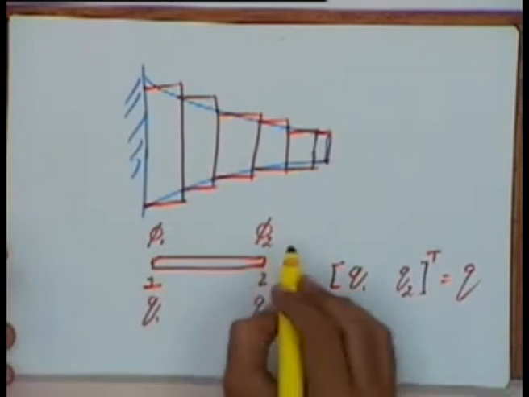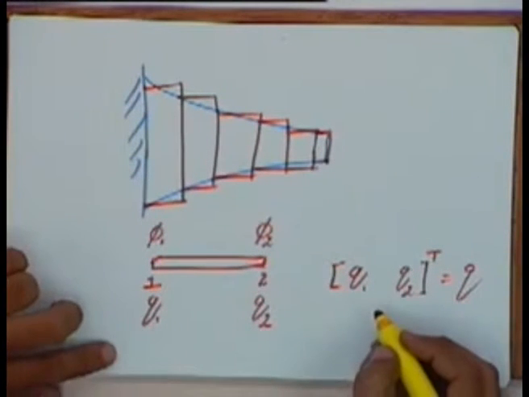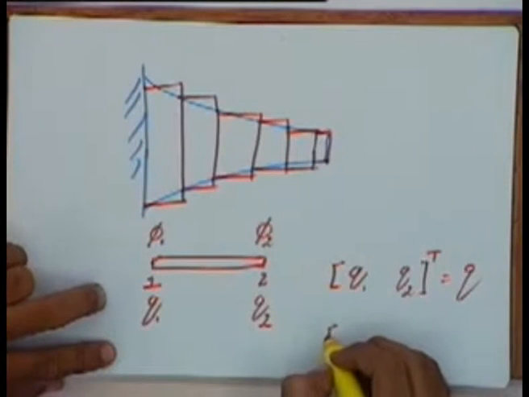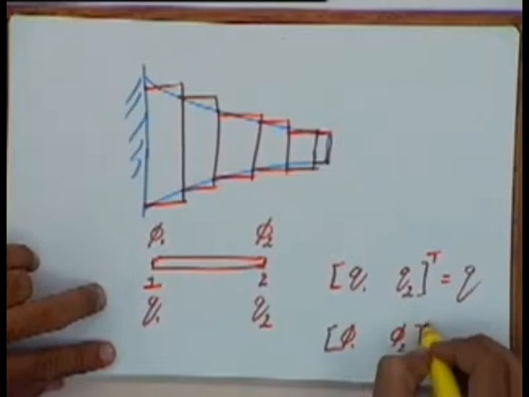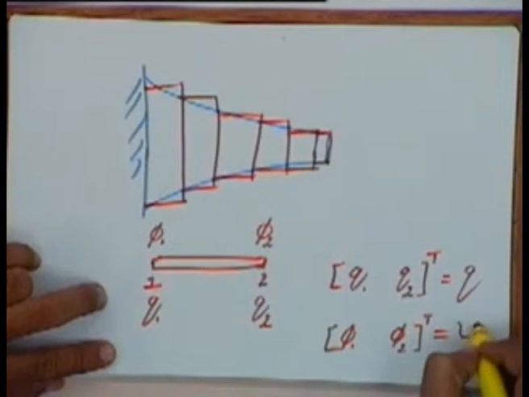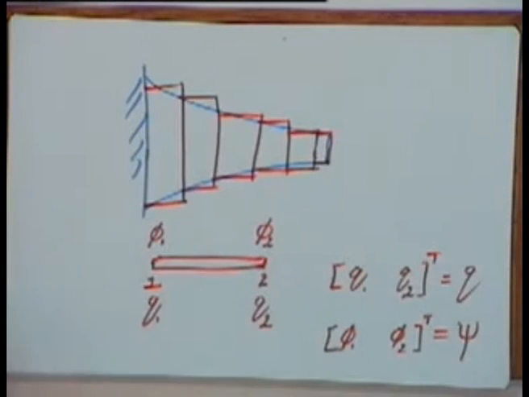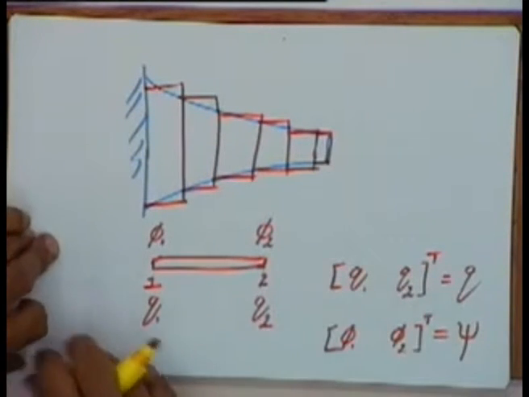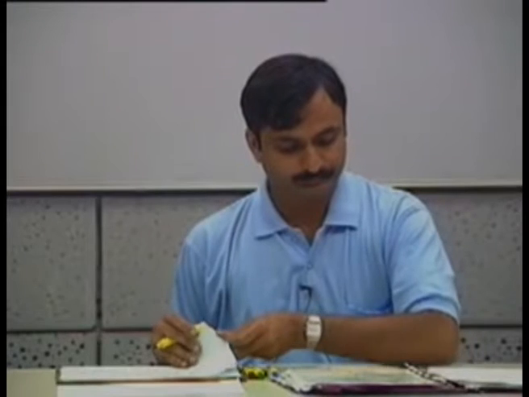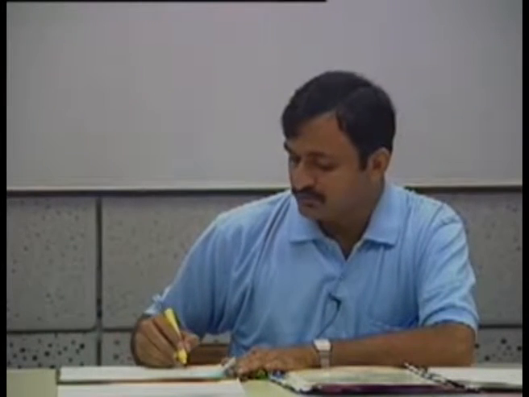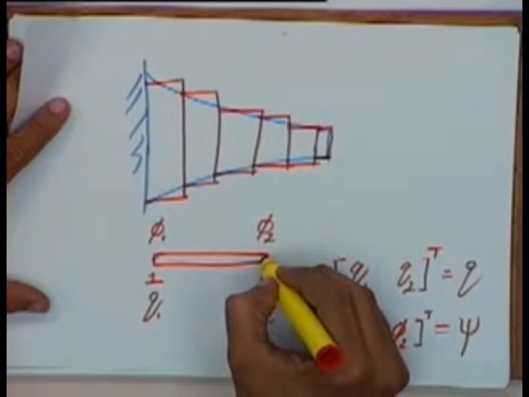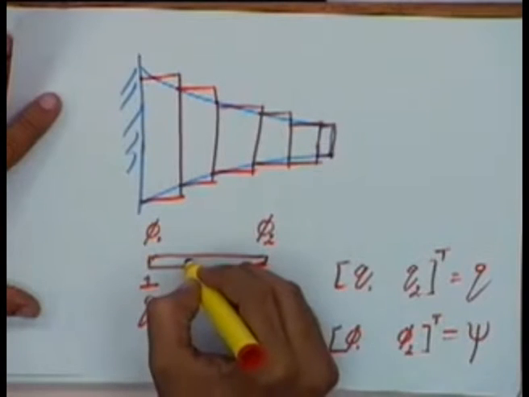Okay, and we'll make a virtual displacement vector just like this, which will be phi 1 phi 2 transpose, and we'll call that, let us say, the matrix psi. Okay, if you use this and we want to find out the virtual displacement at any point inside this element. Okay, if I take any arbitrary point here,